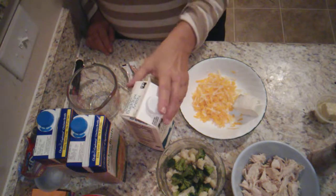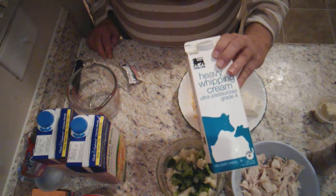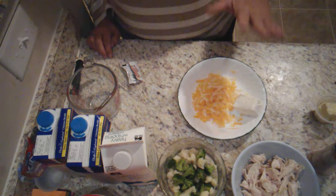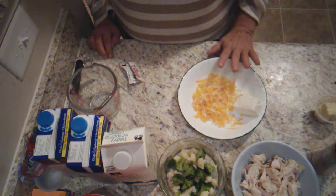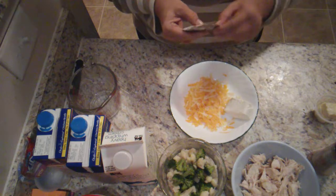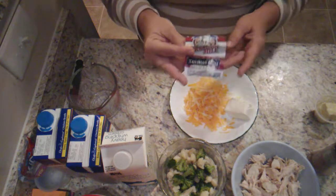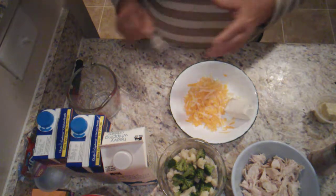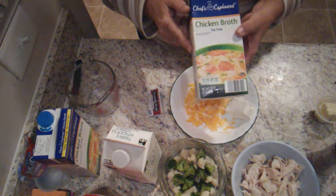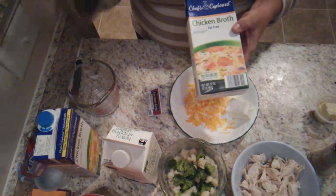Then you're going to need 2 ounces of heavy whipping cream, or 4 ounces if you're making the full recipe. And you're going to need 2 ounces of cheese, or 4 if you're doing the full. And then a half a teaspoon of xanthan gum. Now you can skip this. I use this right here, Hodgson Mill, and it's gluten-free. But I like the texture of the chowder when it's a little thicker, and so I'm going to be including that. You're also going to need either 32 ounces for the full, or half of that,